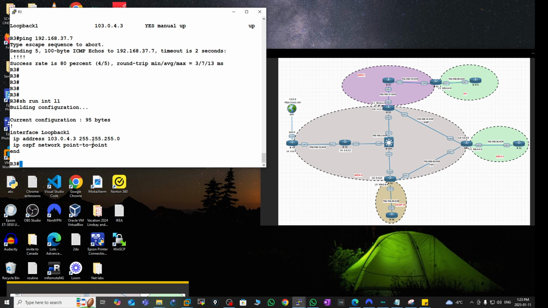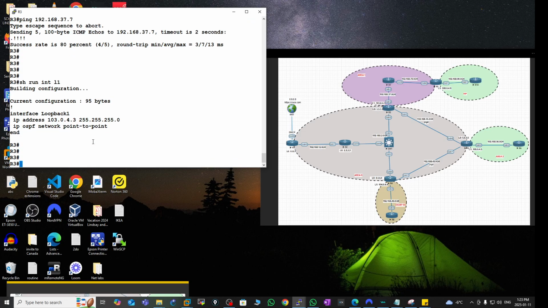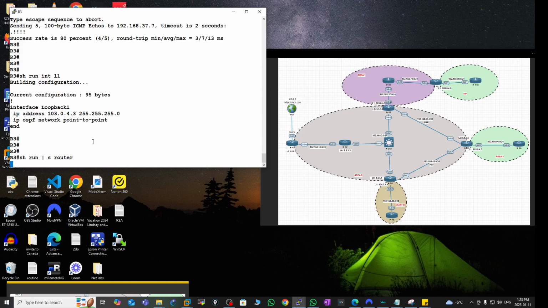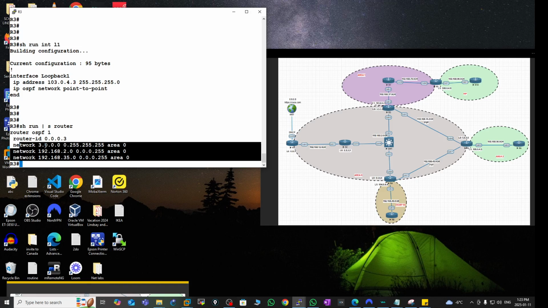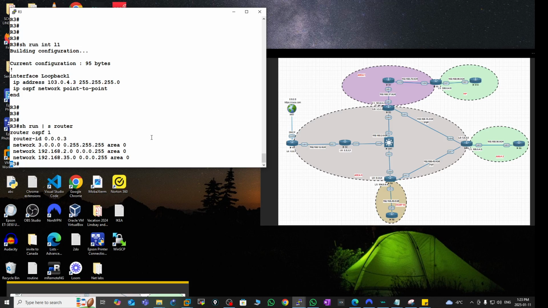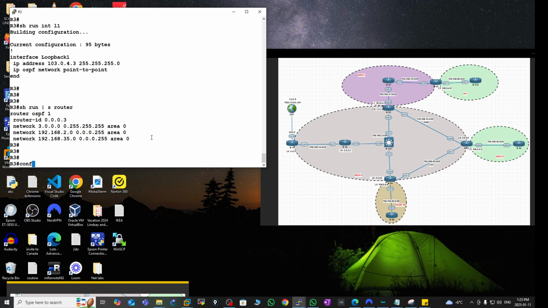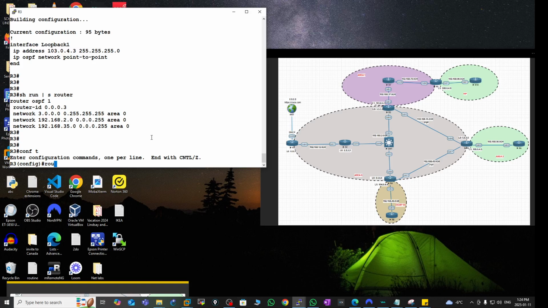Area 1, if we go into router 3, and switch to show run section router. Okay, so on router 1, we see that we advertise everything in area 0. Now we have to advertise the loopback 1 in area 1, and also the interface facing router 7 in area 1. So all we need to do on router 3 is configure terminal, router